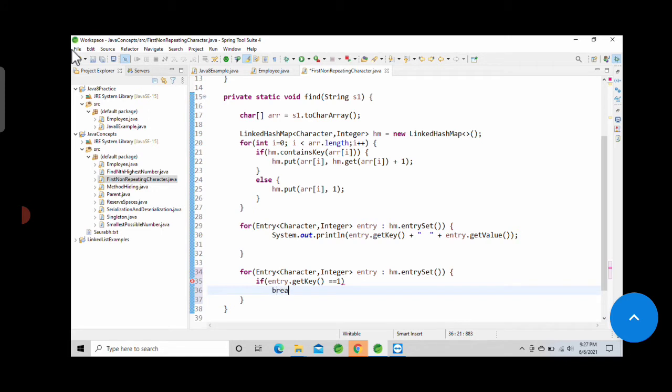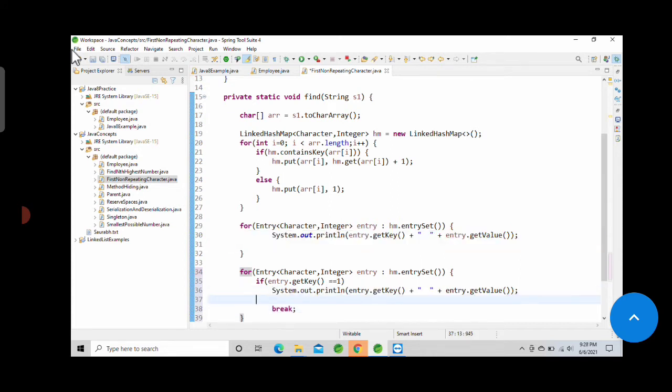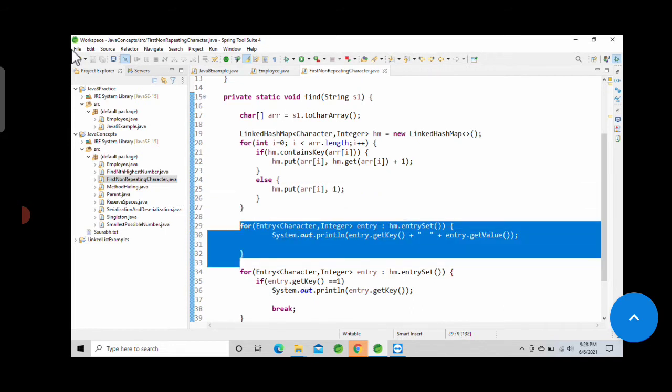Before breaking, just print that key. Now let's try to run it first. I will remove this for loop.